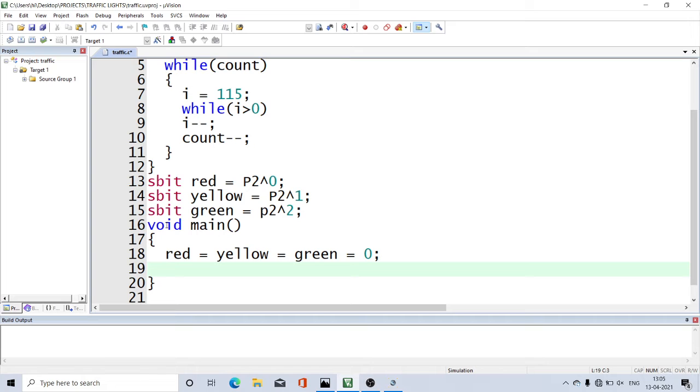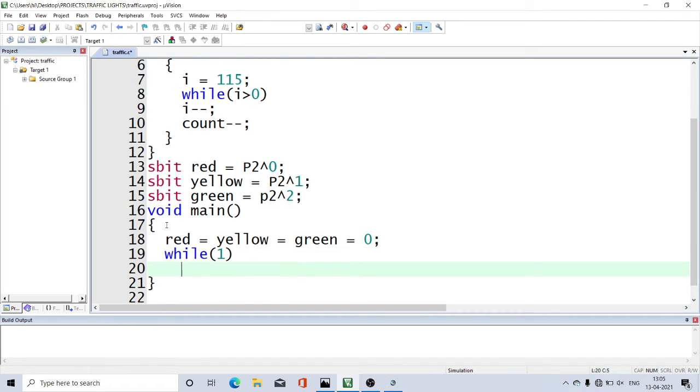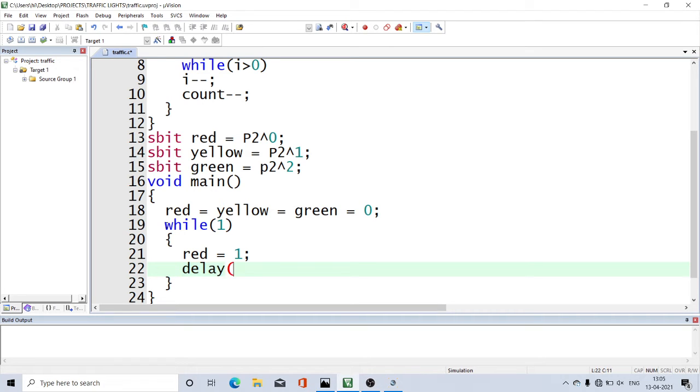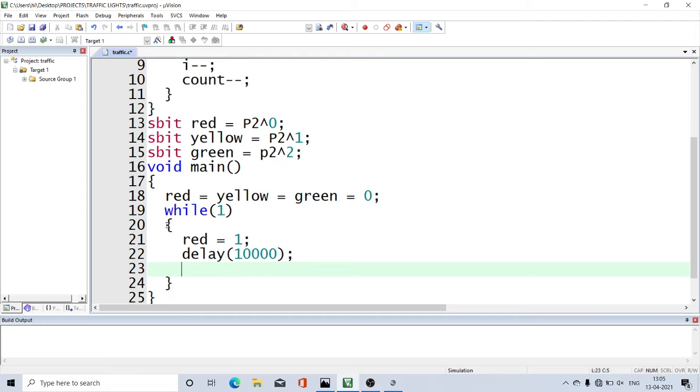Initially I am making all the traffic lights to be off, then going with while loop. So in the while loop, first I am making red color equal to 1, that means red light I am making it as 1, then I am providing a delay value. I need to have a delay of 10 seconds, every 1000 equal to 1 second. So 10 seconds delay I am making for red color on.